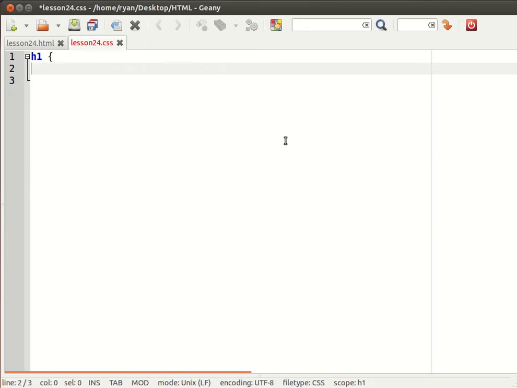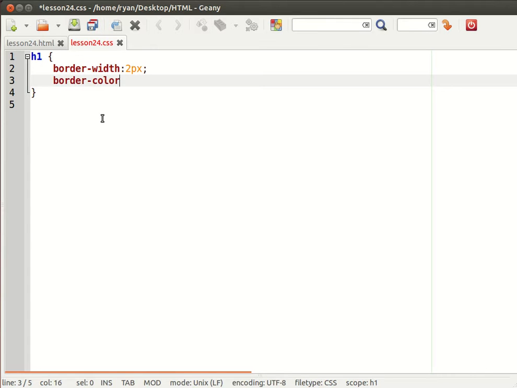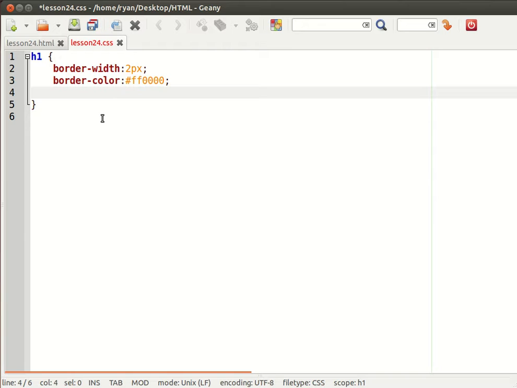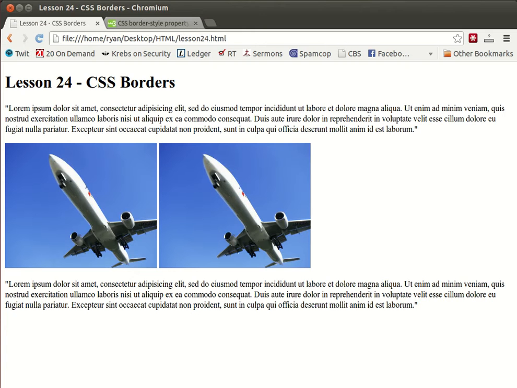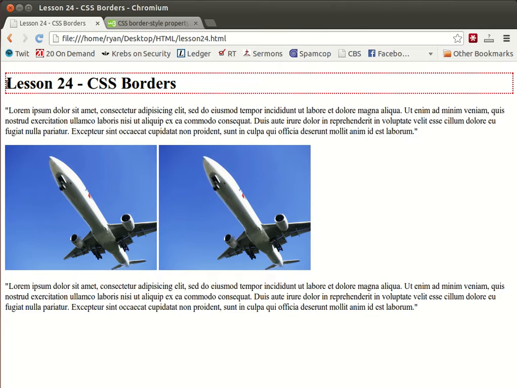We'll begin by adding a border around our heading. So it will be border-width, colon, and how wide do you want your border? Let's say 2 pixels. Then what color do I want my border to be? I'll just use red. And the style of border that I want, let's make it dotted. So normally you need all 3 of these in order to get some kind of border going. And there you can see the dotted red border, which is 2 pixels, right around